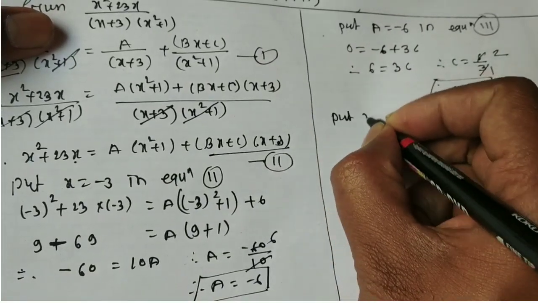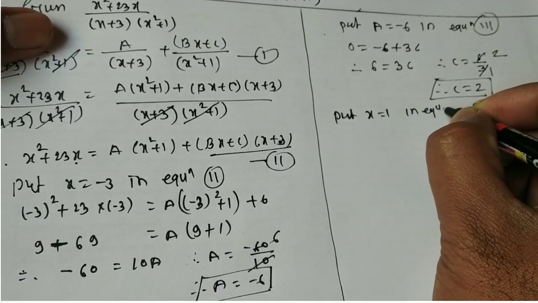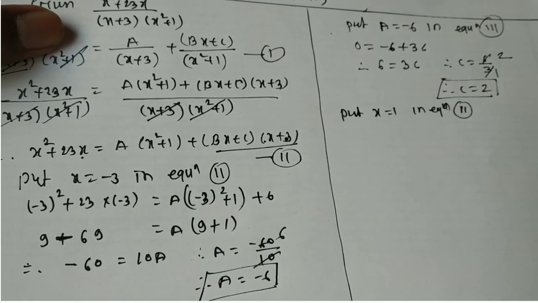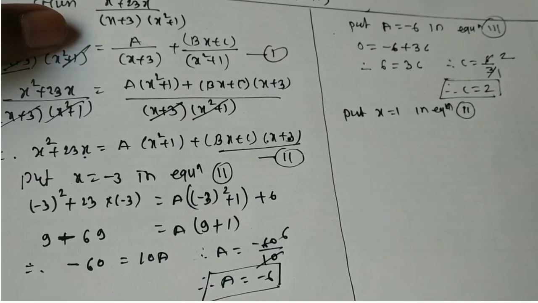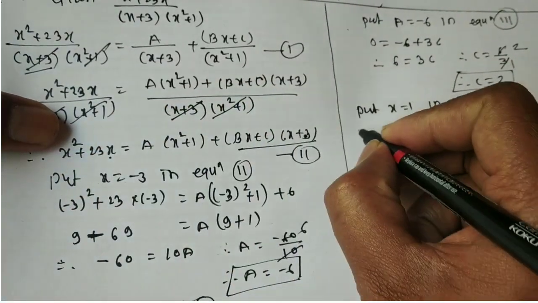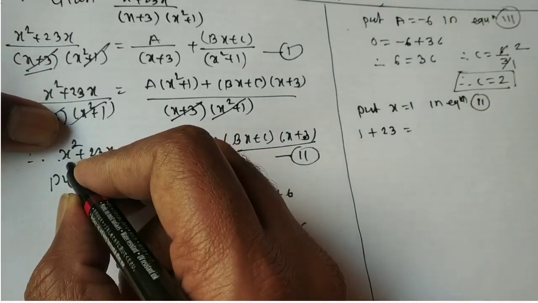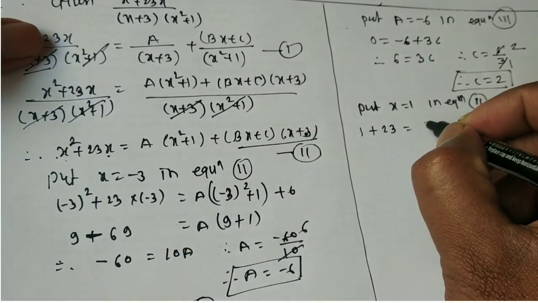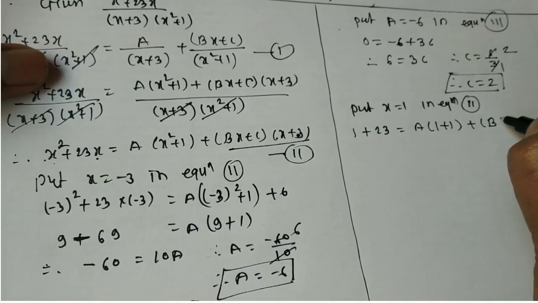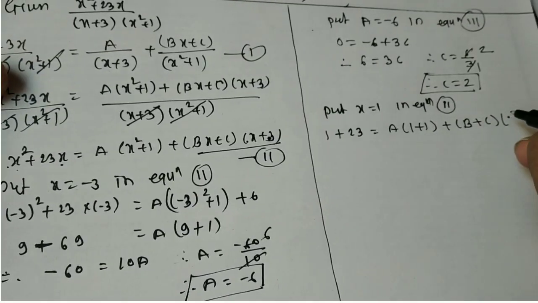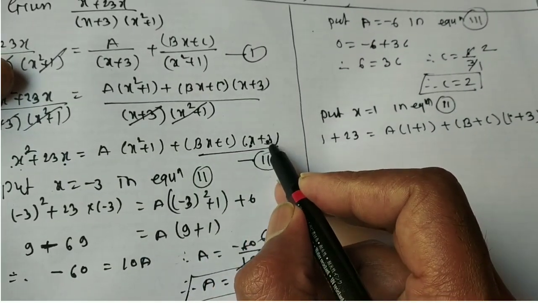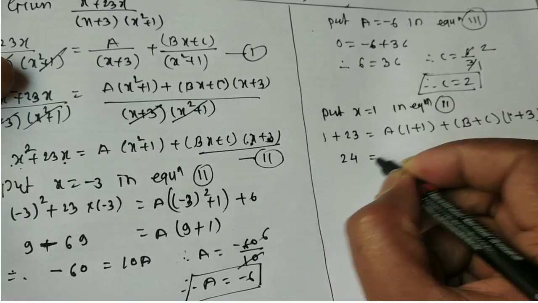Now again put x equal to 1 in equation second. क्या करने को बोला है मैंने? x इक्वल टू 0 के बाद x इक्वल टू 1 पुट करो, कोई भी वैल्यू पुट करो, कोई भी चलेगा, ऐसा कुछ जरूरत नहीं है हम लोग को. सो x इक्वल टू 1 पुट किया तो 1 प्लस 23, 1 स्क्वायर कितना होगा? 1 ही होगा. 23 इंटू 1 23 होगा. a इंटू 1 प्लस 1 प्लस b इंटू x इज 1, सो b प्लस c. इधर x के जगह पे 1 पुट किया तो 1 प्लस 3. सो 23 प्लस 1 इज 24.